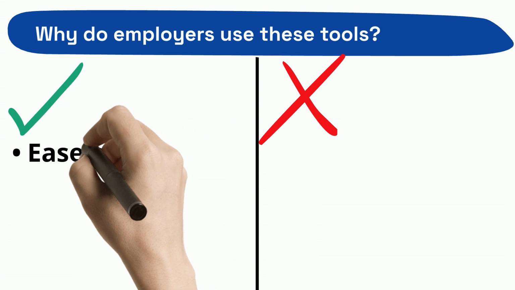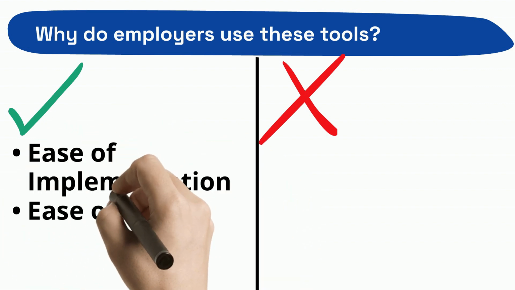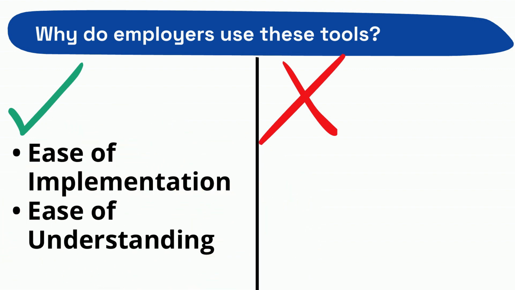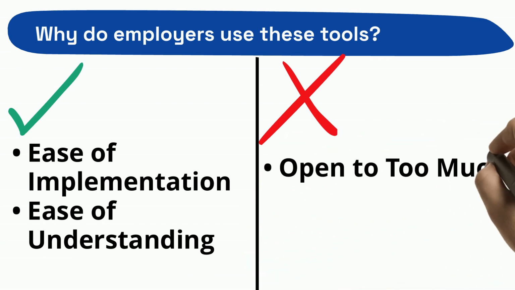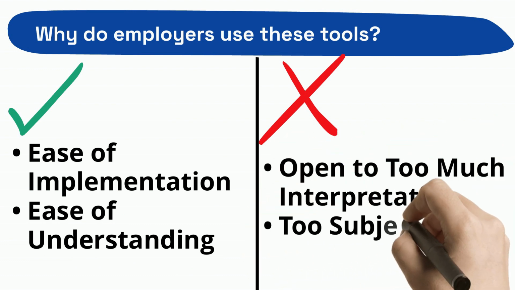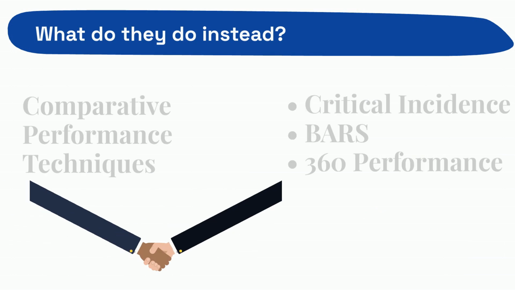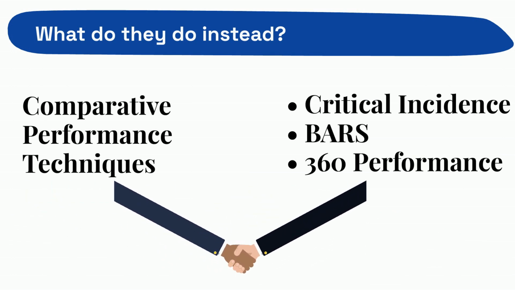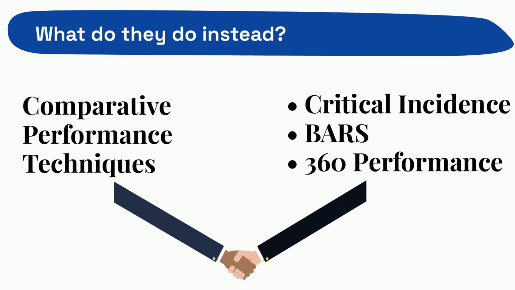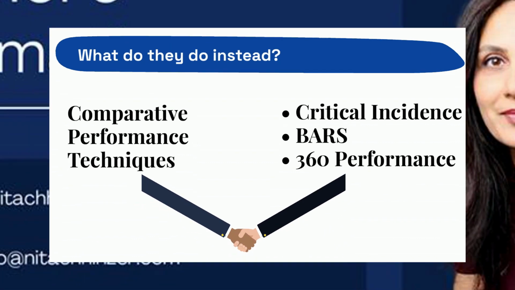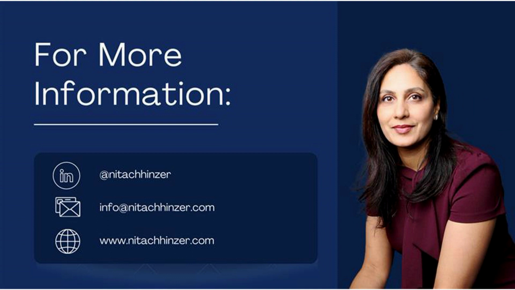So why do employers use ranking or comparative methods when evaluating performance? In reality, some small employers use this because it's relatively easy to develop and quite easy to understand. Some employers avoid this, suggesting that it's open to too much interpretation and subjectivity. Instead, some employers combine this with other methods, such as the critical incident technique, the